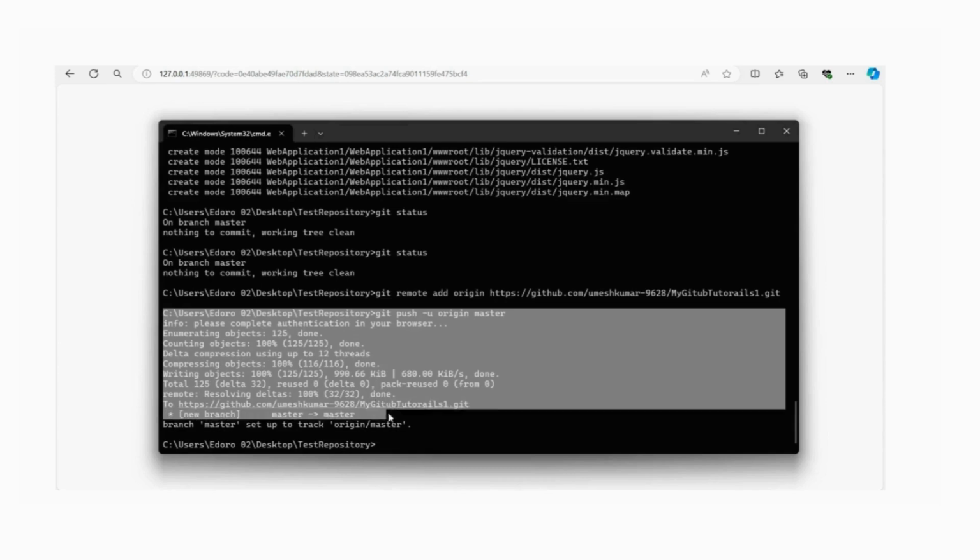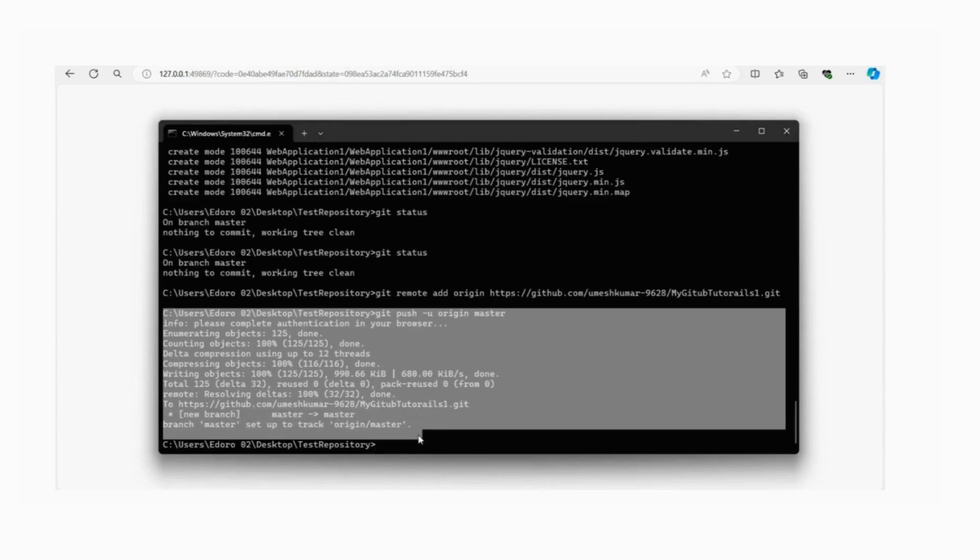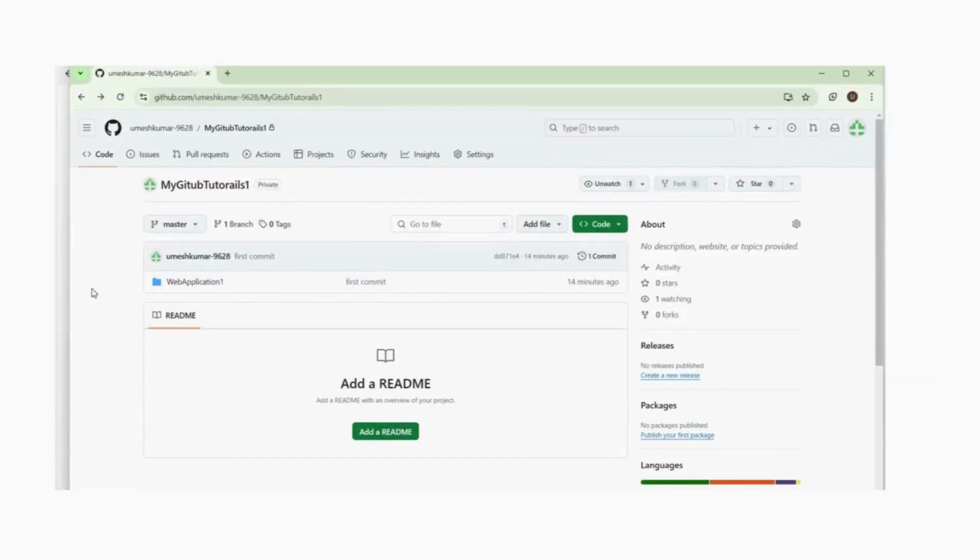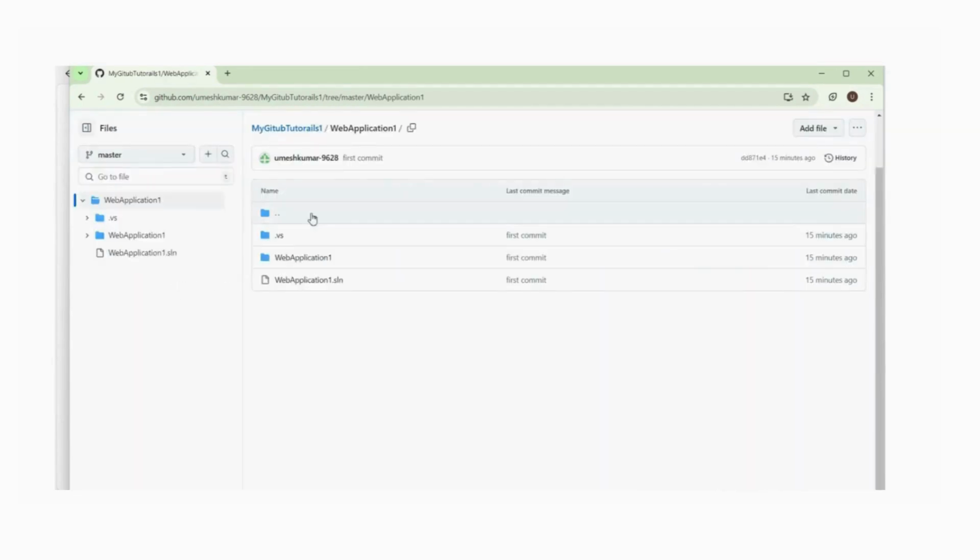Now our project has been successfully uploaded onto the GitHub repository. So visit it. Yeah, you can see the web application project which is present in my repository.